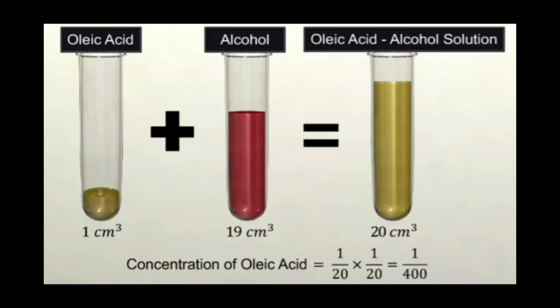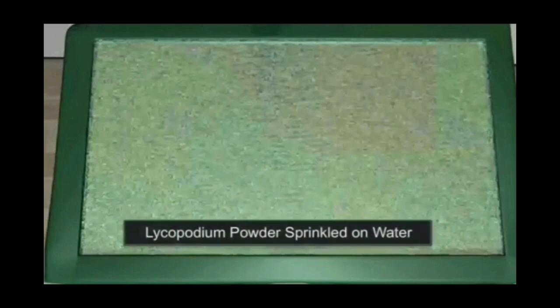In the next step, we take a large trough containing water and sprinkle some lycopodium powder into it. Lycopodium powder is very light and fine powder which is off-white in color and it's spread uniformly over the surface. It will not get dissolved in water. It gets spread over the surface of water. In the next step, with the help of a dropper, we put certain drops of this solution into water. Let n be the number of drops of solution added to water.